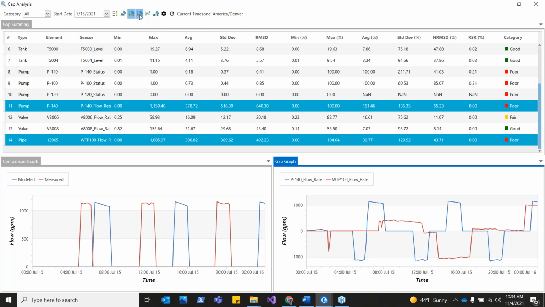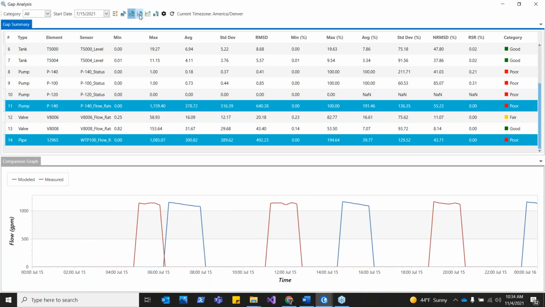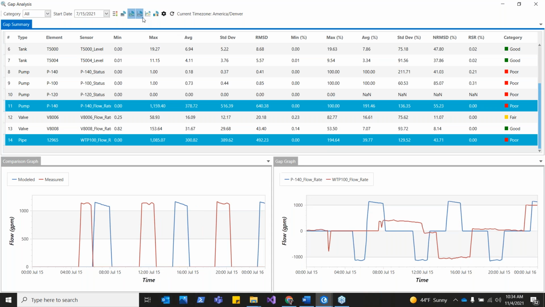And then you can toggle on the different comparison graphs, the lower left one, on demand to explore into individual sensors if you wanted. So at this point, a question for the audience. This is where it now requires engineering judgment to decide what we need to adjust next to fix in the model. And so you can actually see,